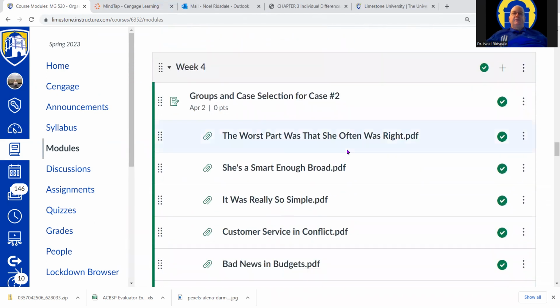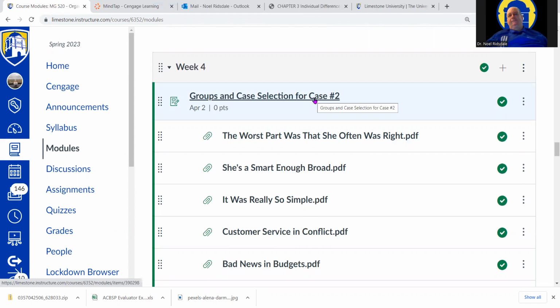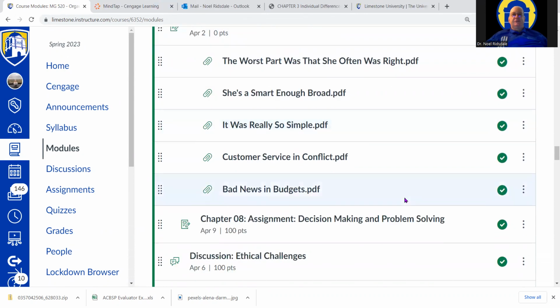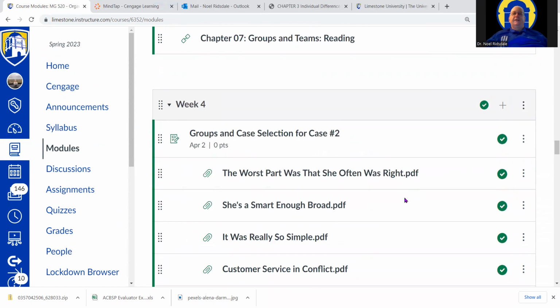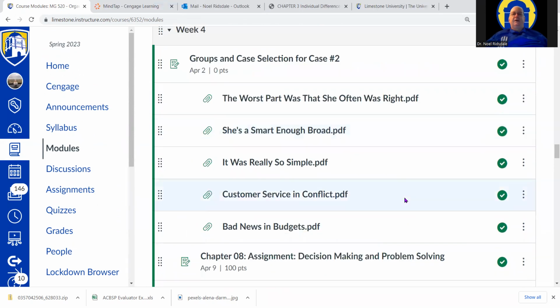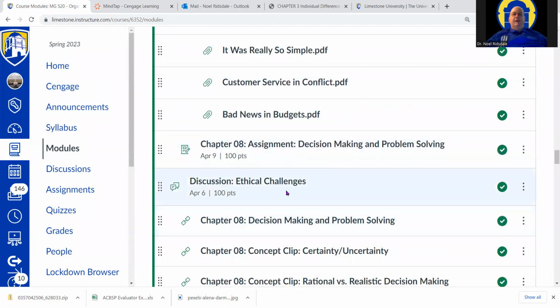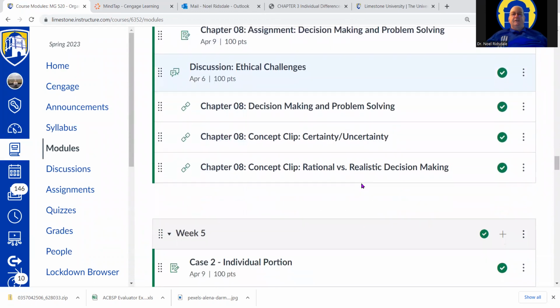So get them early. Week 4, you'll actually get assigned groups for this. And actually what I probably will do is ask you for groups of 3 for the case, and I'll assign the groups for the discussion for the week in the team week. So you decide in week 4 because all your group members will need to complete the same individual part of the case. And you'll have the assignment and the discussion, obviously.